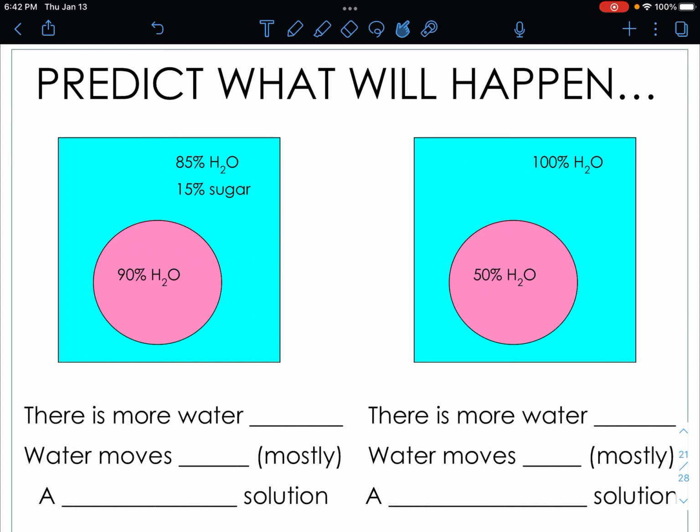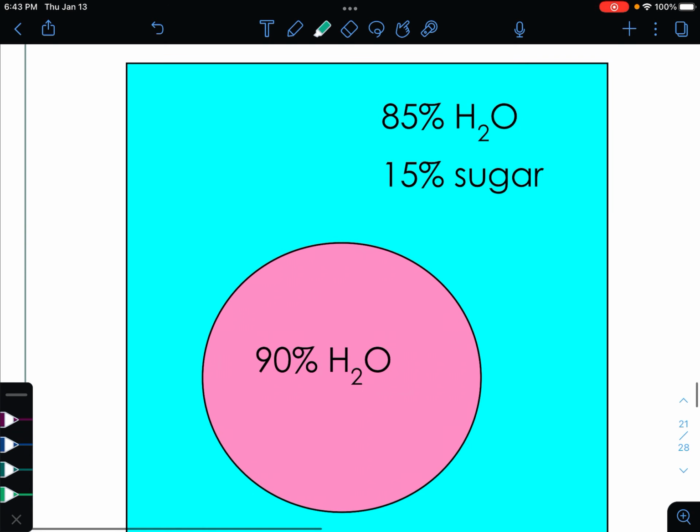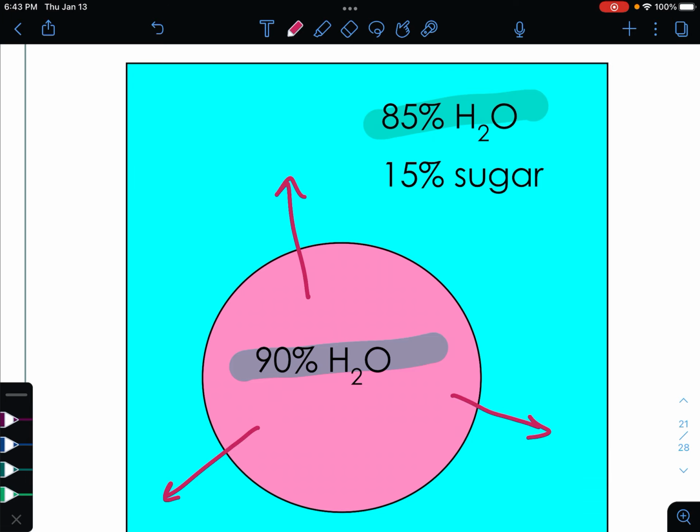All right, so let's do some examples, okay? We're always going to first try and figure out how much water is inside the cell, how much water is outside the cell. Sometimes it will give it to us, sometimes it will not. So if we look at this first example, outside of our cell we have 85% water, inside 90%. Remember, I'm going to move from high to low. So in order for us to show this happening, I'm going to draw arrows showing that water is going to move